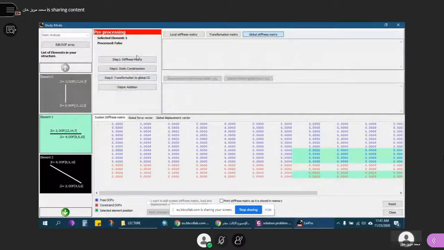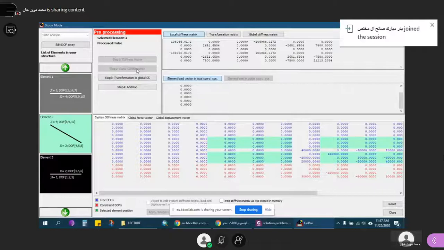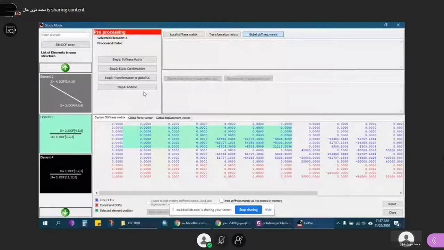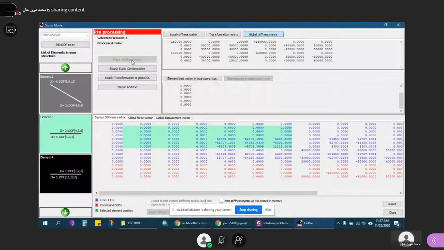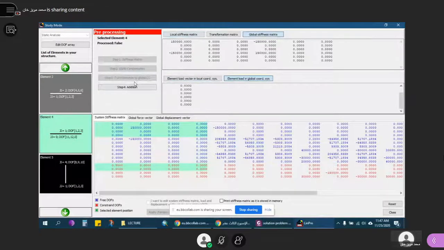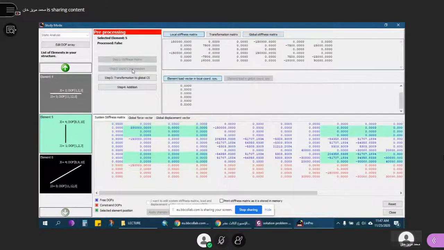Element 2. You see the values are big. Why? Because we put the value of AE as it is. LinPro takes the value of AE into the matrix and does not take it outside. Addition, stiffness matrix,